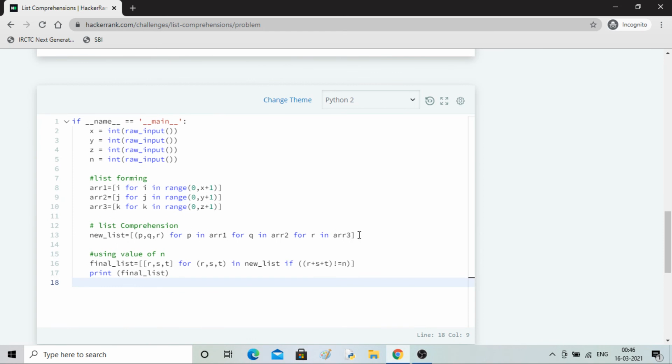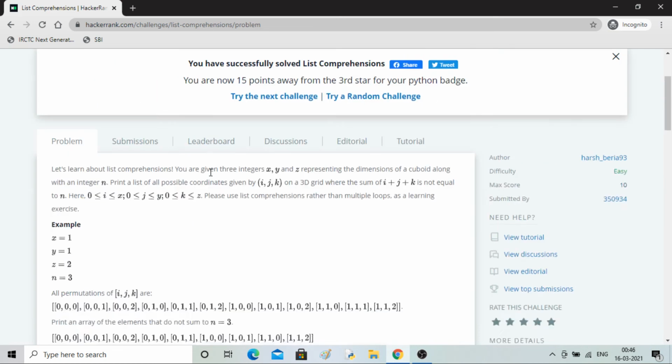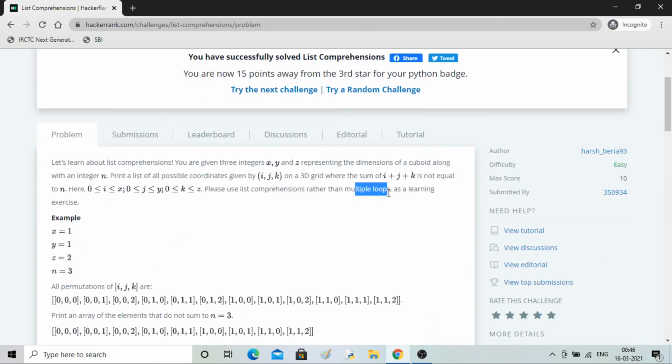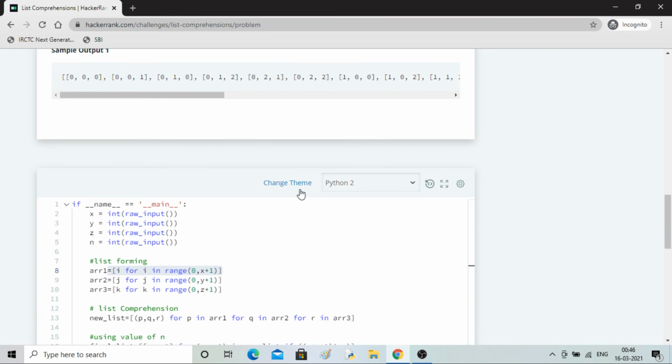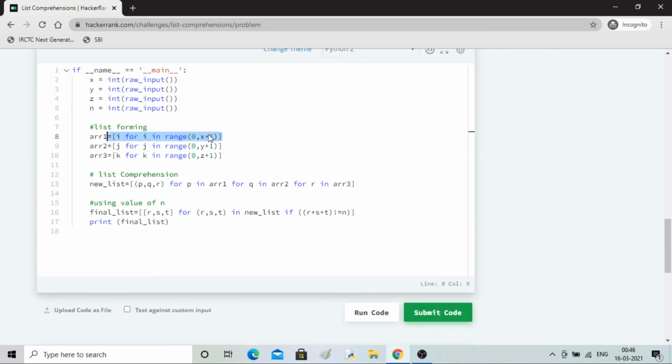Okay, so this is called list comprehension, the way we have defined the list. So instead of multiple loops we are using list comprehension. So this is a skill or technique, you can say, whenever you see a for loop, you can use it in this fashion. It will give you a feel of an experienced programmer type of.